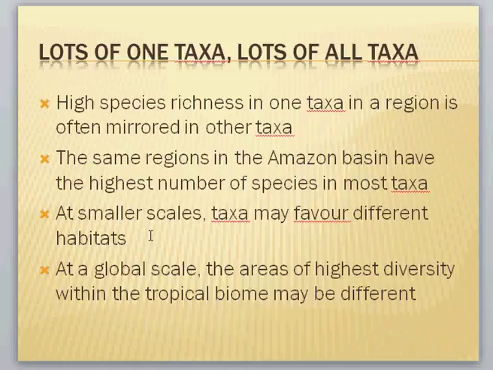At a global scale, the areas of highest diversity within a tropical biome may actually be different. Okay? What does that mean? At a global scale, the areas of highest diversity within a tropical biome may be different. So, for instance, in a tropical rainforest, you may find that diversity for... Actually, I'm not too sure what that means. We'll forget about that. But let's look at the example of the Amazon basin, where we have amphibians, birds,